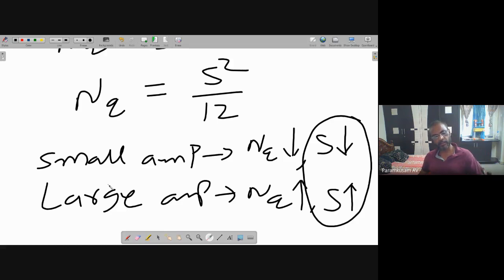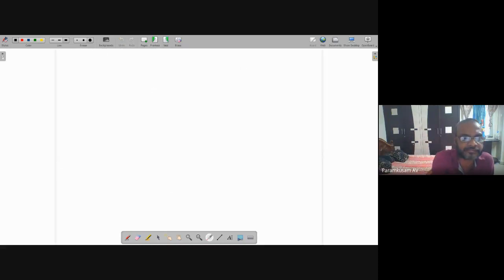Okay? Here, the non-uniform quantization is practically achieved not by simply changing the step size. That is, rather than making a small step size at low amplitude of the signal and a large step size at high amplitude, that non-uniform quantization can be obtained by using one method that is called companding.